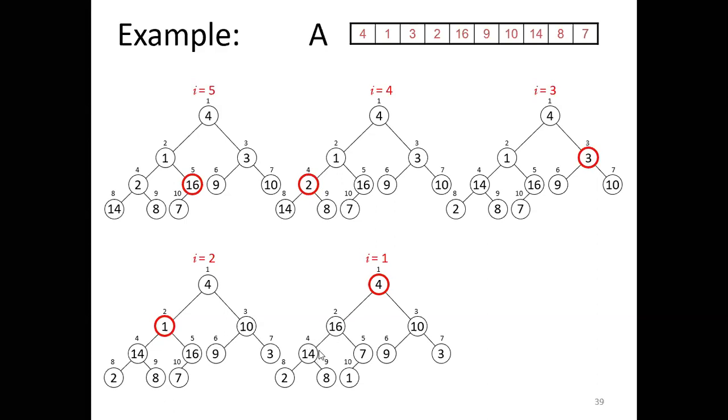So we have to swap it with 14. And at this point, 4 is smaller than 8. So we need to swap it with 8. So lastly, we're going to have a max heap that looks like this. So finally, we now have a max heap, which is also